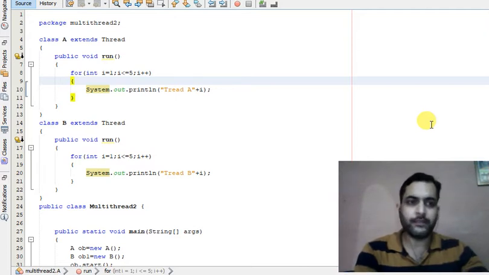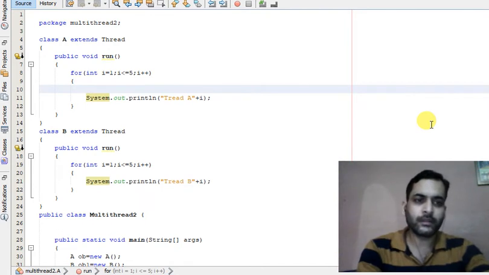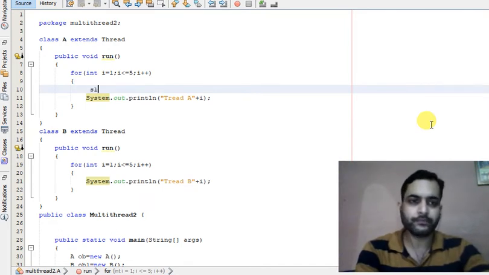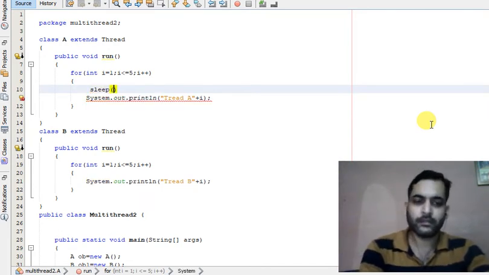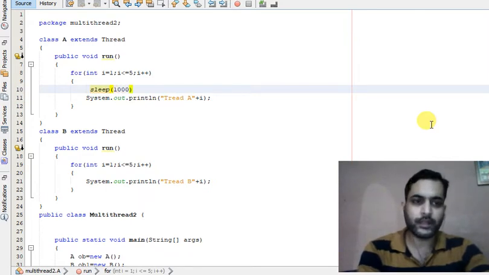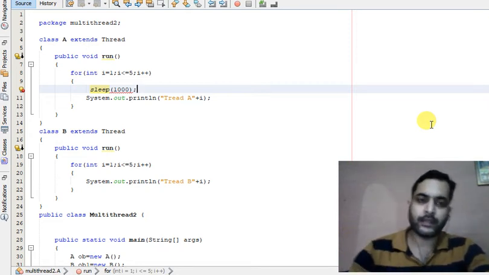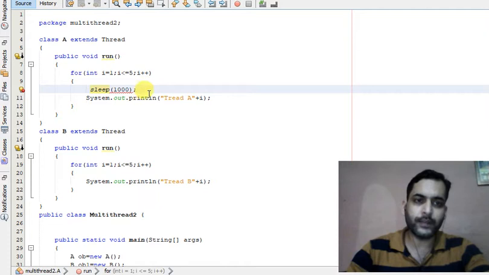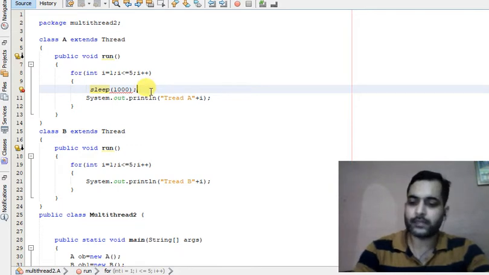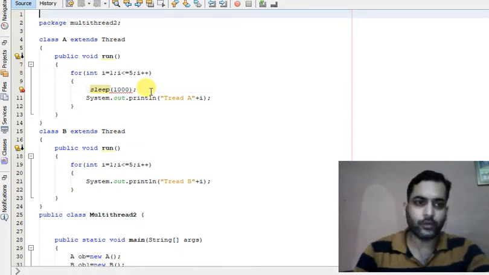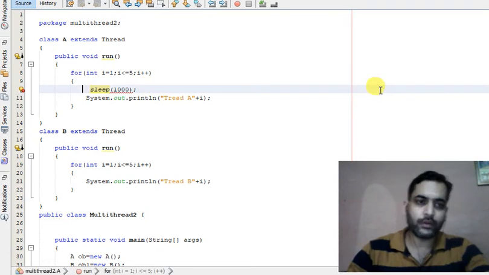We can use the sleep method to suspend the thread for some milliseconds, for some time. It takes the time in milliseconds. This 1000 milliseconds means 1 second, and this sleep method throws a checked exception, and it must be enclosed within a try block.